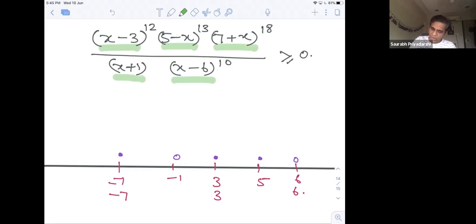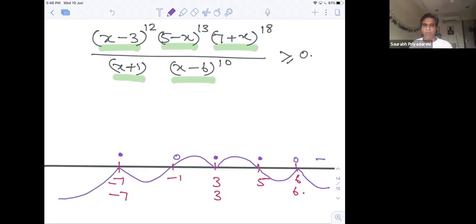So overall, you are getting negative, right? So you have to start from, but no change. We required, look back into the question, positive,